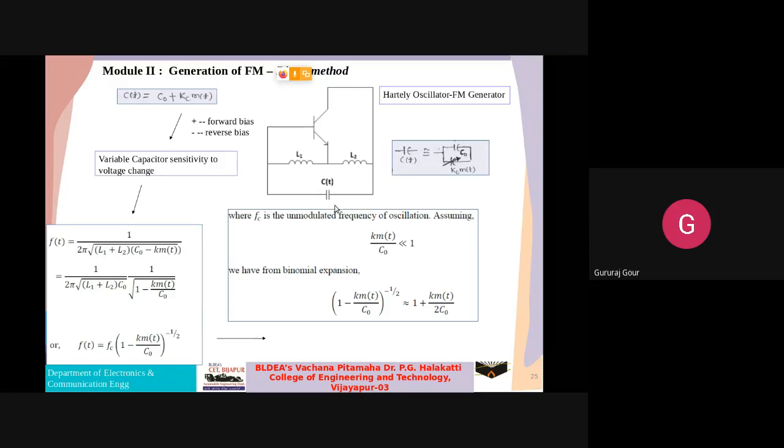In that light, I have explained here, the varactor when it is reverse biased is going to operate normally, and that's why we are getting the negative sign here. So hope we can understand better with this. The biasing of the varactor diode is directly controlled by the amplitude variation of the modulating signal.